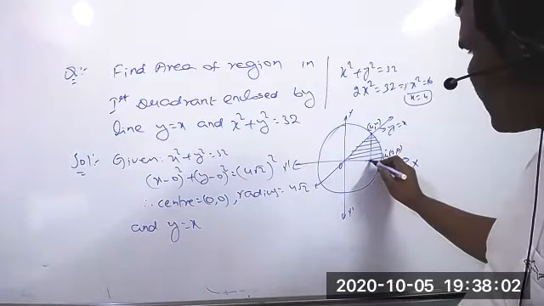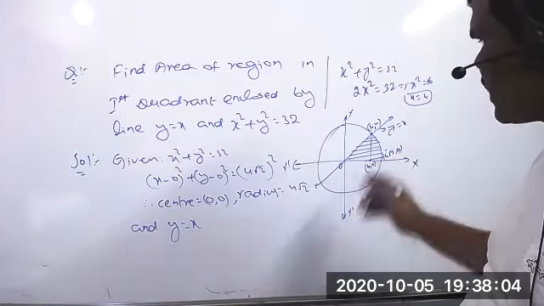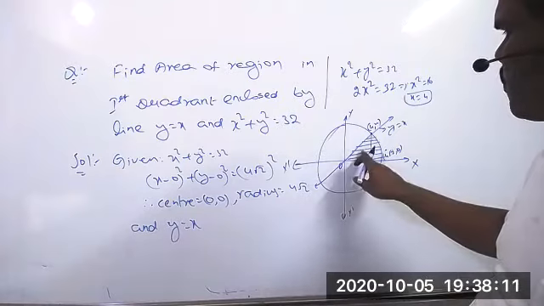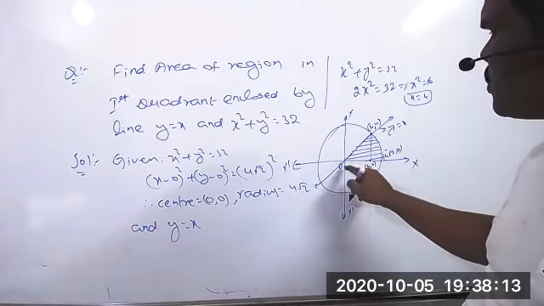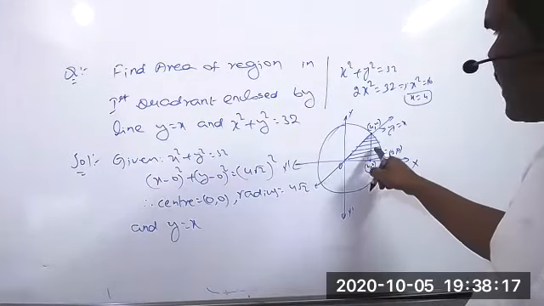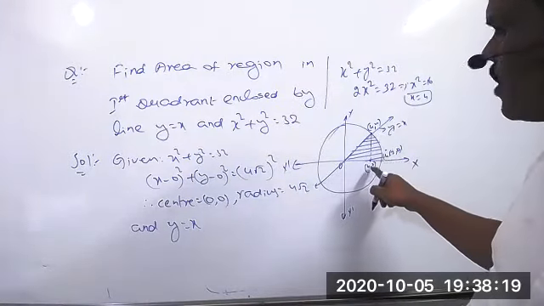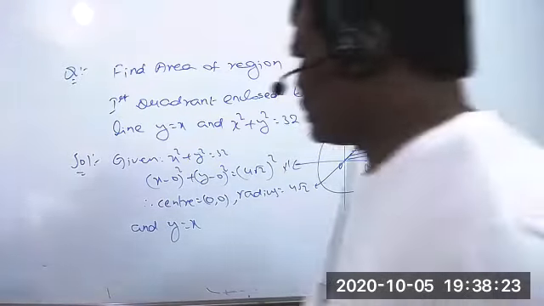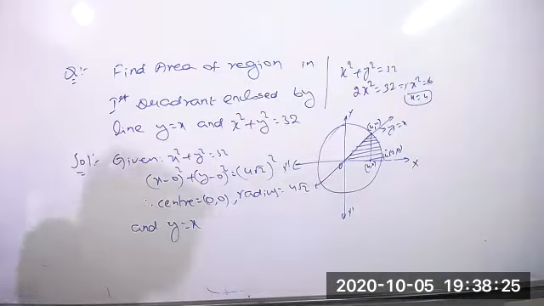And what about this point here? Now this is clearly 4 comma 0 I can take. Now clearly we got it. So when you are taking the first part based on the line, the limits will be 0 to 4. When you are taking the second part based on the circle, the limits will be 4 to 4 root 2. Yes, now we can write the procedure.